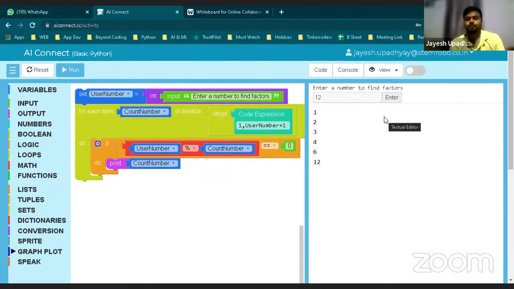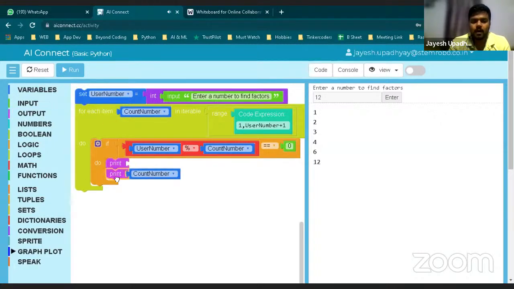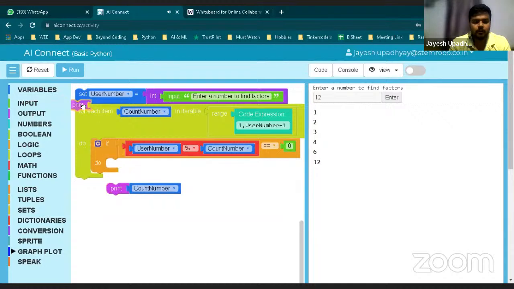Okay, now this is the whole idea behind how to find the factor, but I will tell you one more thing today because time is left. So you can print also, right? What I will do, I will take this print block, I will put it over here,